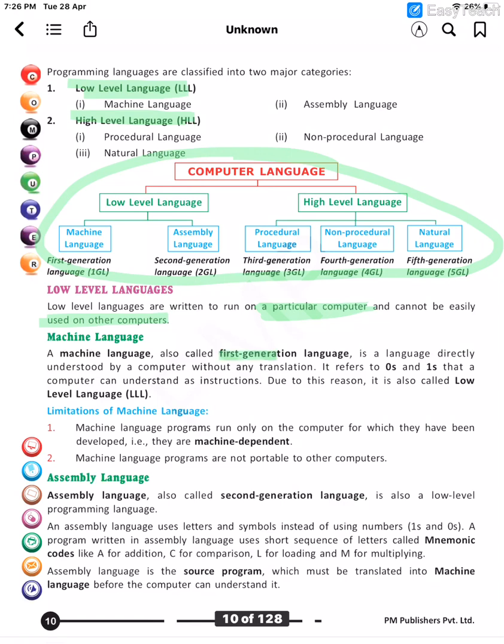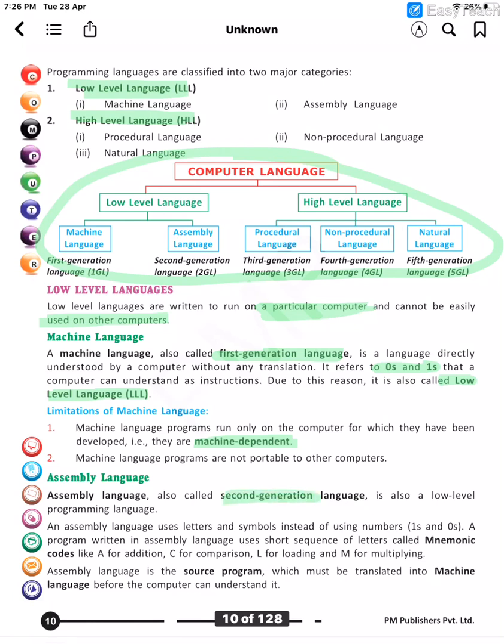A machine language is also known as first generation language, which is a language of zeros and ones. So this machine language is basically a language of zeros and ones. That is why, since only one computer could understand this language at a particular time, it was called a lower level. This language is totally machine dependent because it cannot be used other than on that machine.